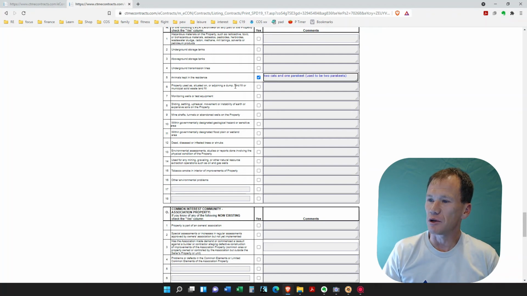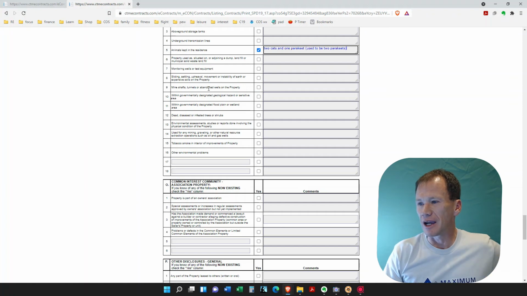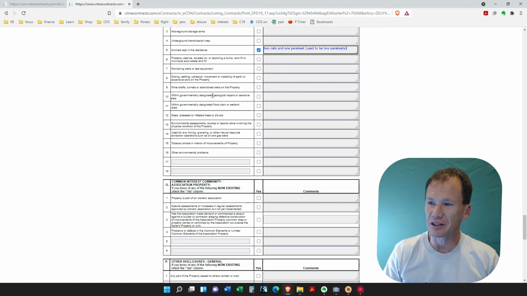Has the property been used as, or is it next to a dump or landfill? Are there any monitoring wells? Sliding or expansive soils in the property? Mine shafts? Is it within a governmentally designated geological hazard? Governmentally designated floodplain? Most properties are going to be no to this, but if you know you're in the floodplain